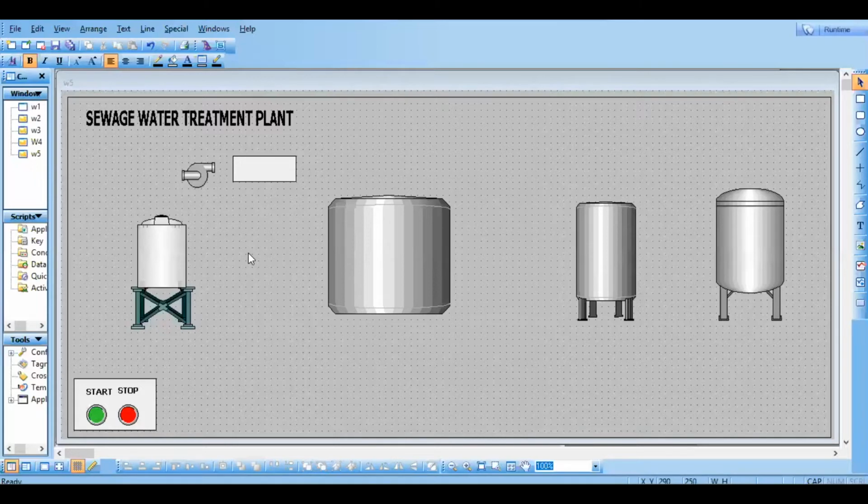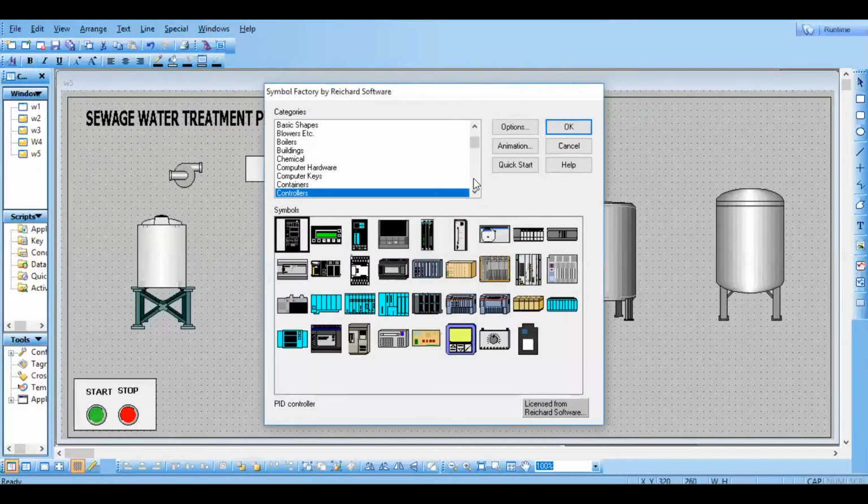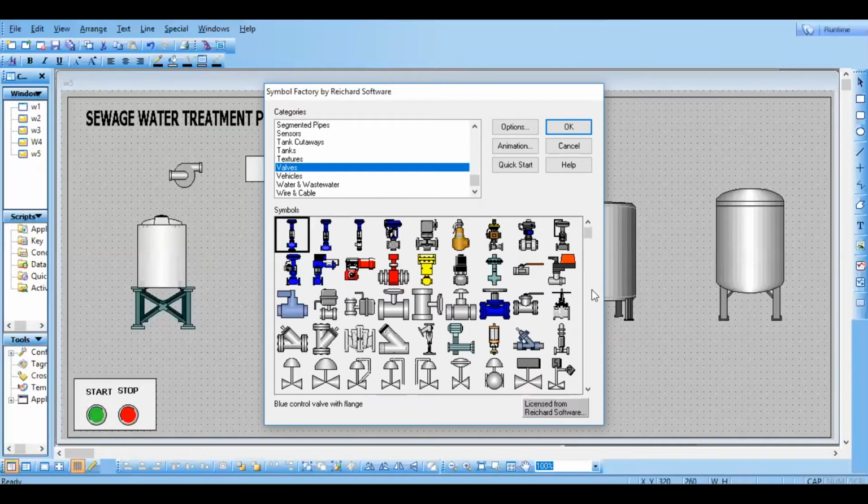Okay. So now after this we need to have a, before this screening, we should have one valve over there. Let's take a valve. So the screening part will look exactly like our controller, like a rectangle box with huge segmentations. Let's check for the valve. It's okay. Valves. Let's go for